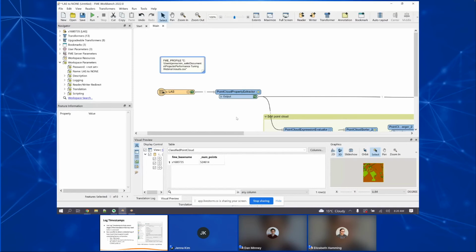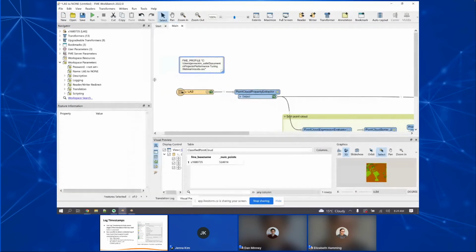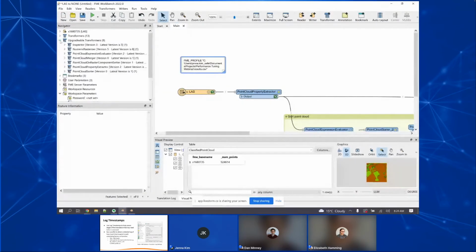So the workspace itself here, we won't focus on for now, but we'll focus more on the Navigator here, the upgradable transformers. So I authored this workspace in 2019, I think, and I've opened this in 2022, and we see a few transformers here that are upgradable. So when it comes to upgrading, let's say we want to upgrade a Point Cloud Expression Evaluator. You'll see here that if you click Show Changes,